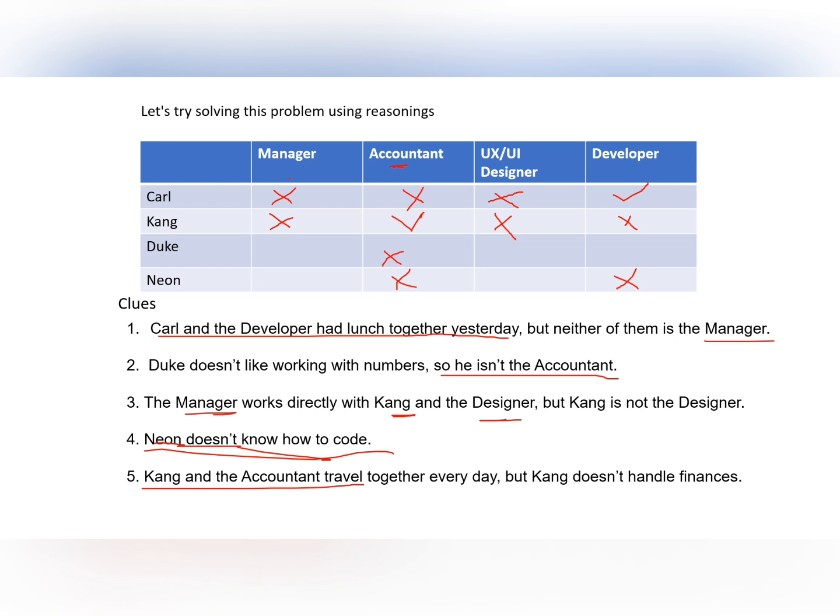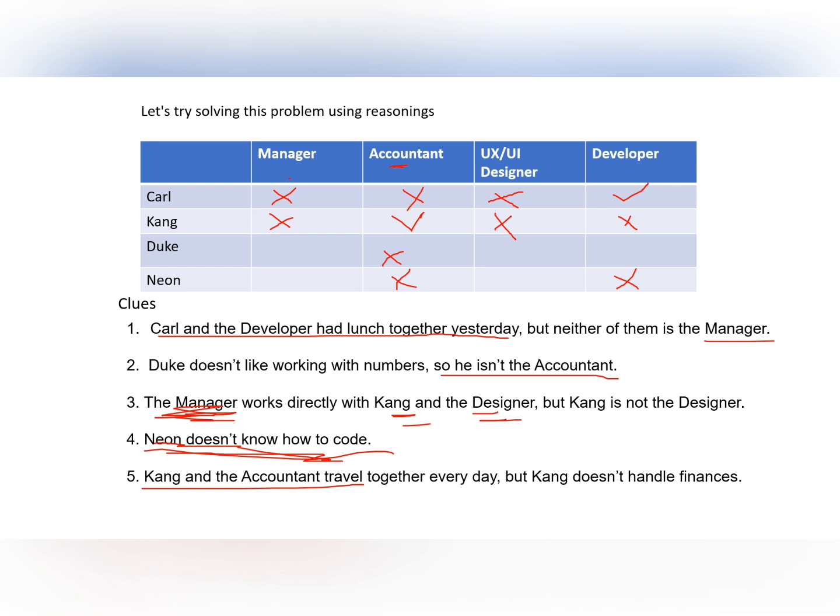Sorry for the long pause. Now let's figure out who is the manager and the UI designer. To figure that out, let's go to clue number 3. The manager works directly with Kang, the accountant, and the designer. Since Kang and the manager are different people, and Carl is the developer, Leon is likely to be the manager because clue number 4 said that he can't code,